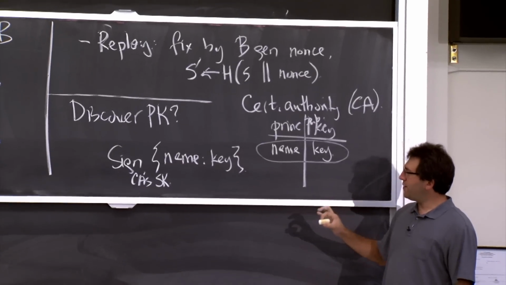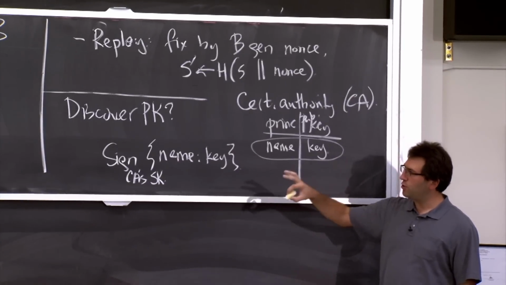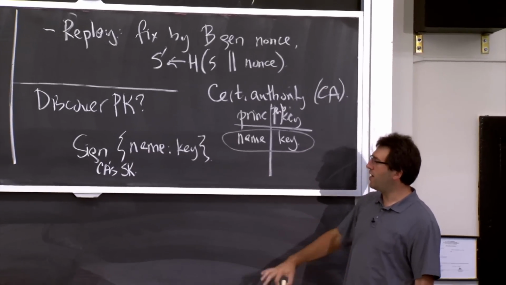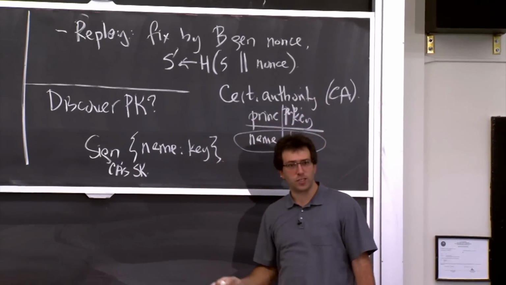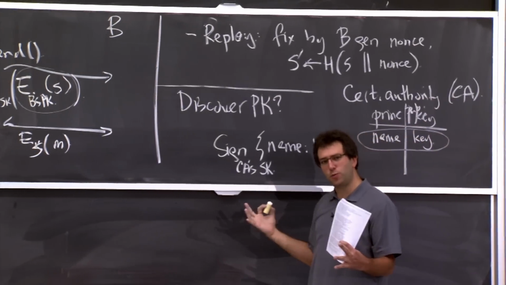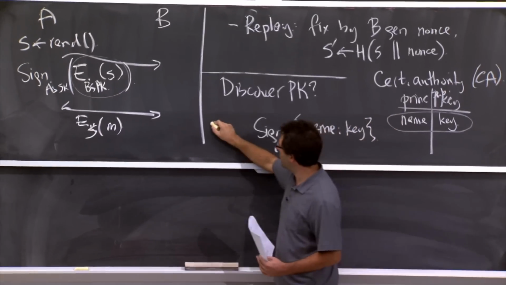So this is going to allow us to do very similar things to what Kerberos was doing, but we are now going to get rid of the CA having to be online for all transactions. And in fact, it's actually now going to be much more scalable. So this is what's usually called a certificate.